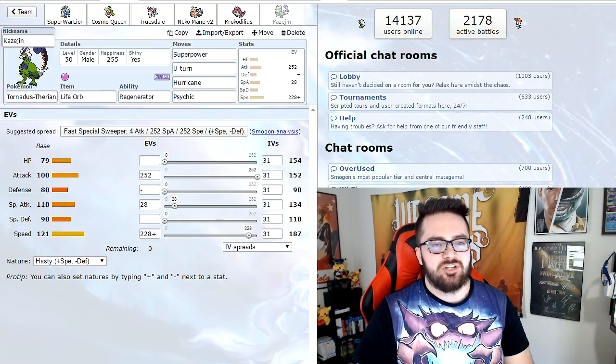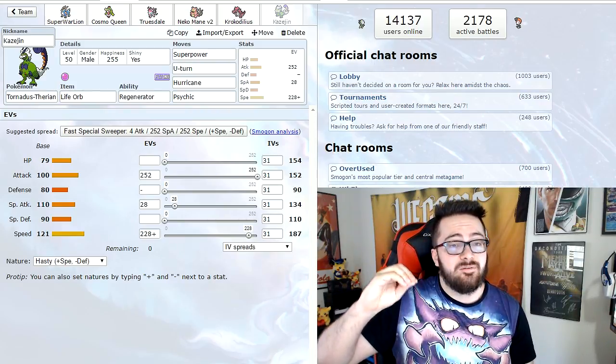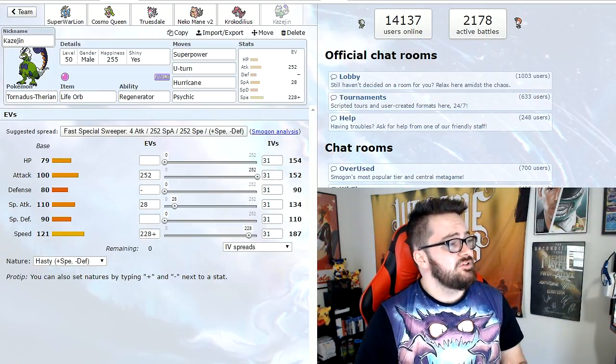Psychic is very safe damage on the Crobat and the Emboar as well, bringing that just in case. Unless Psychic can confirm the KO, I don't feel comfortable going for Hurricane in the situation. So nothing too crazy there. Life Orb,